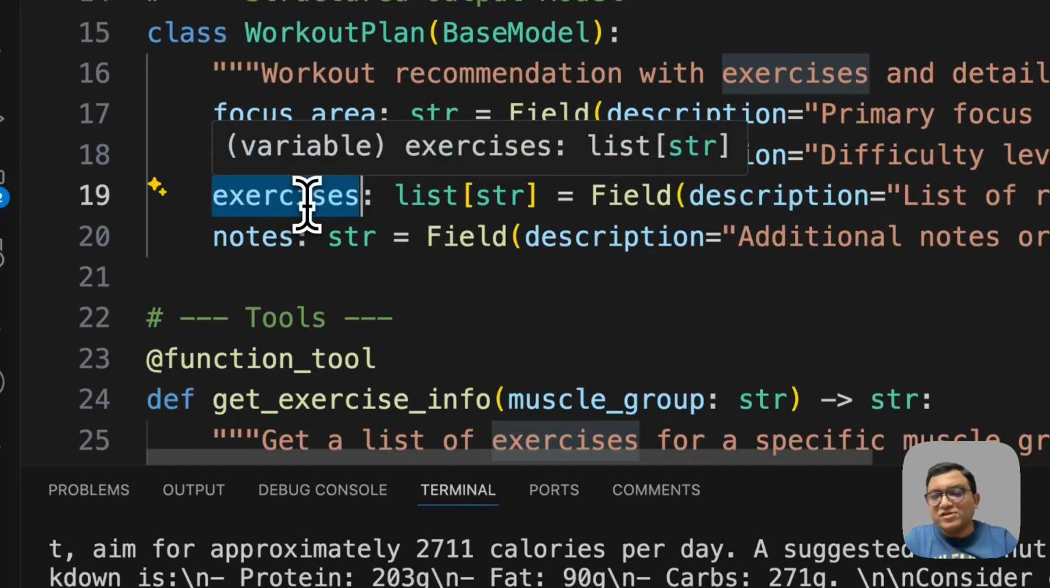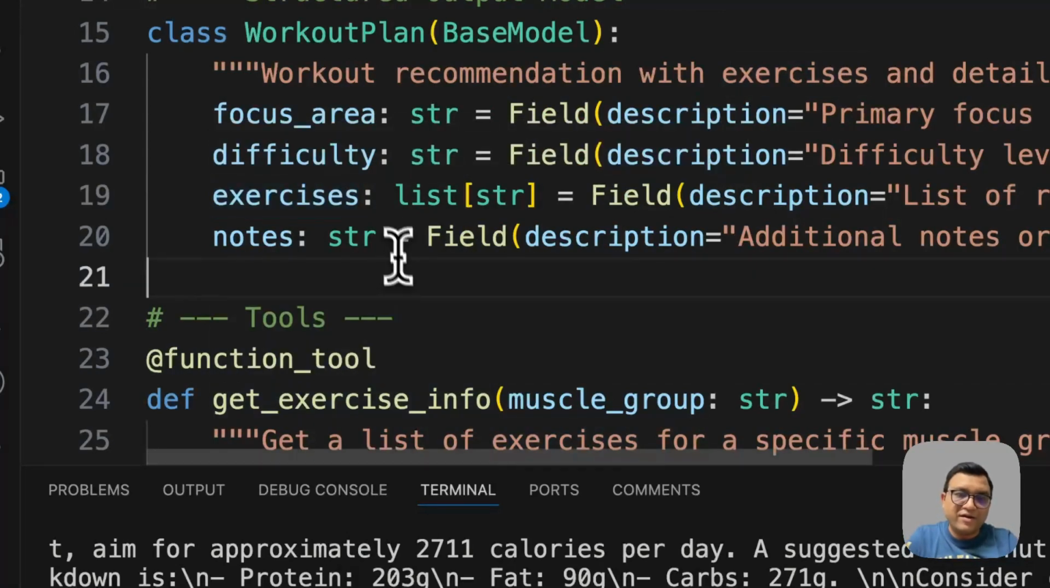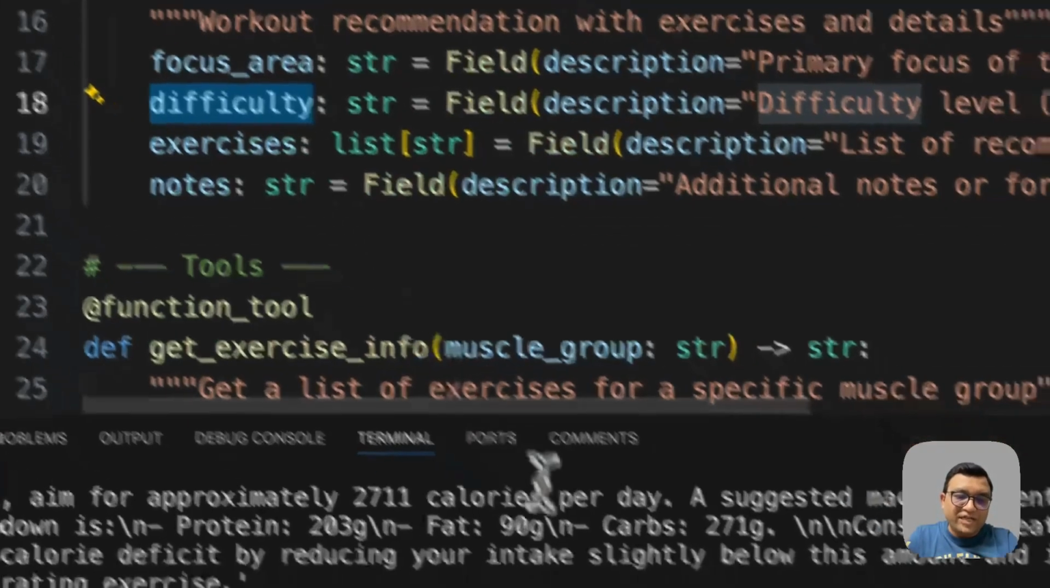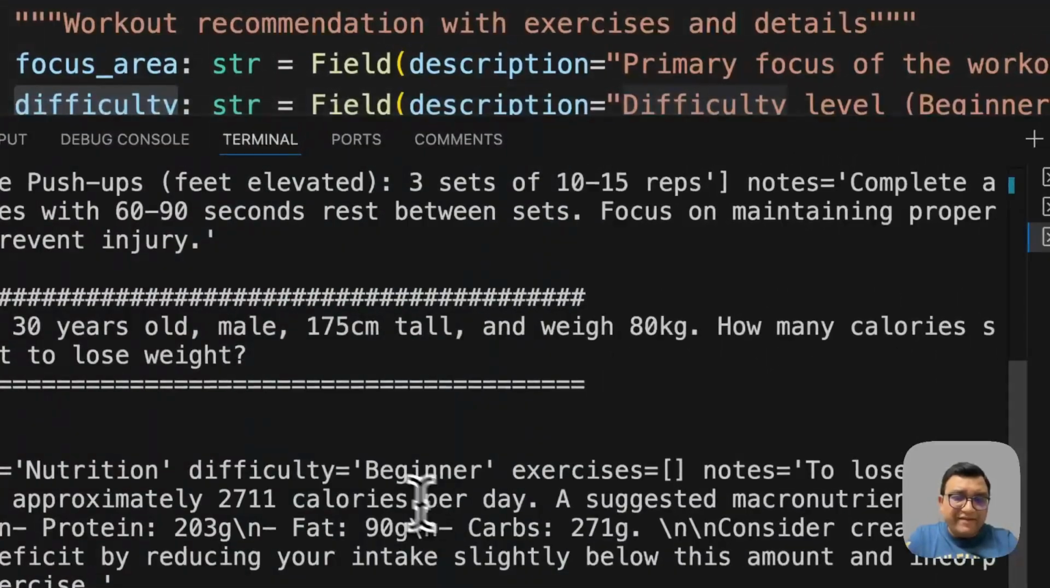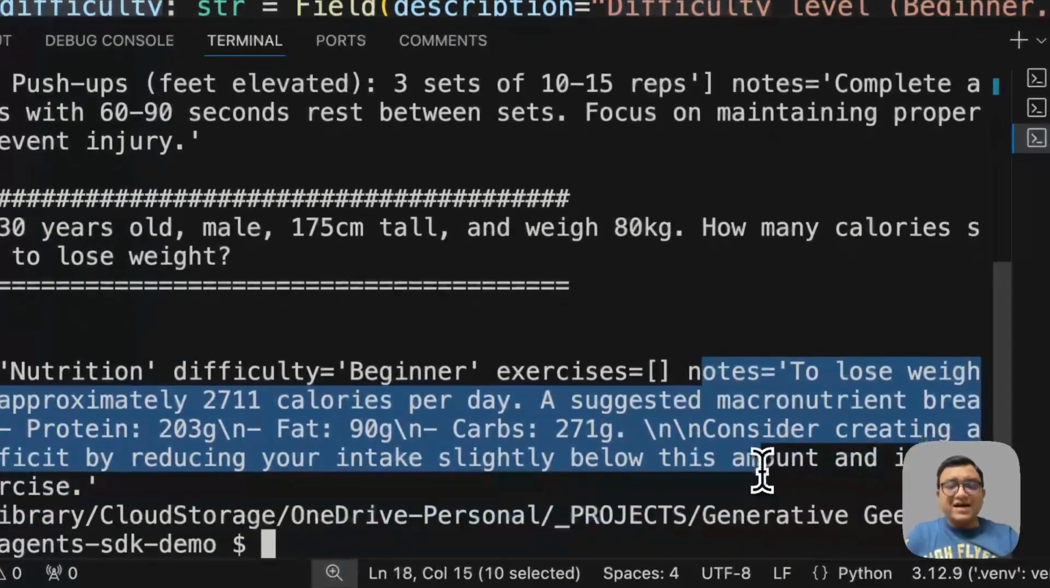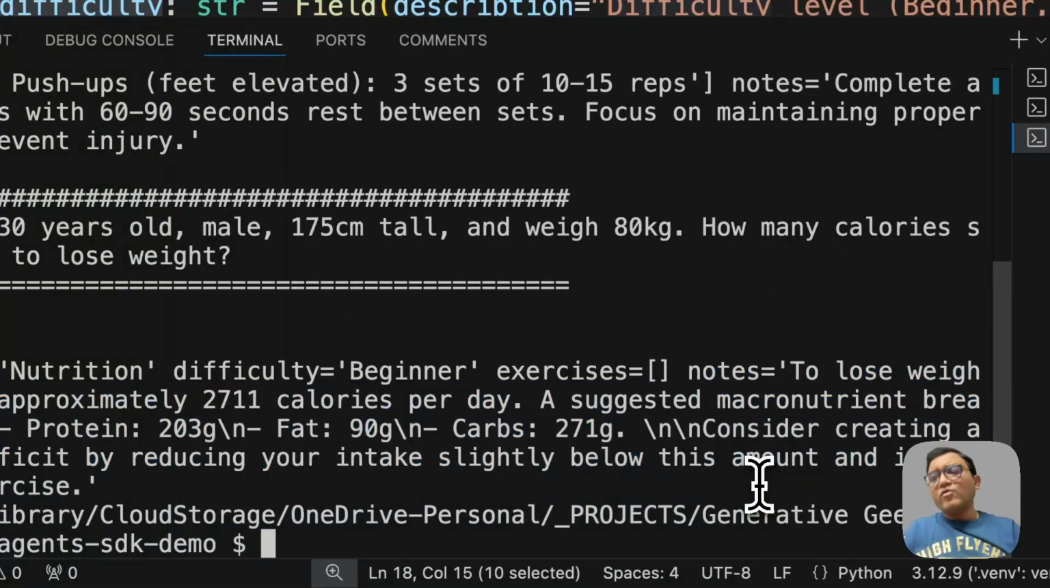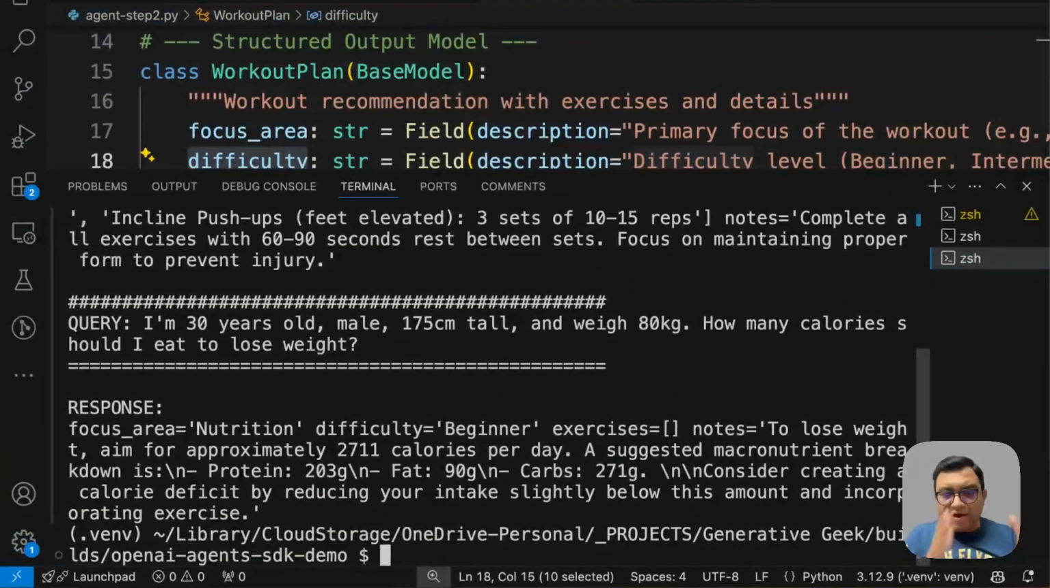The exercises, there was no exercise prescribed. Difficulty was beginner, exercises none, and notes, this is what it has added. All of the things that it found from the nutrition calorie tool, it has added here. So this is how you give tools to an agent, and I hope you